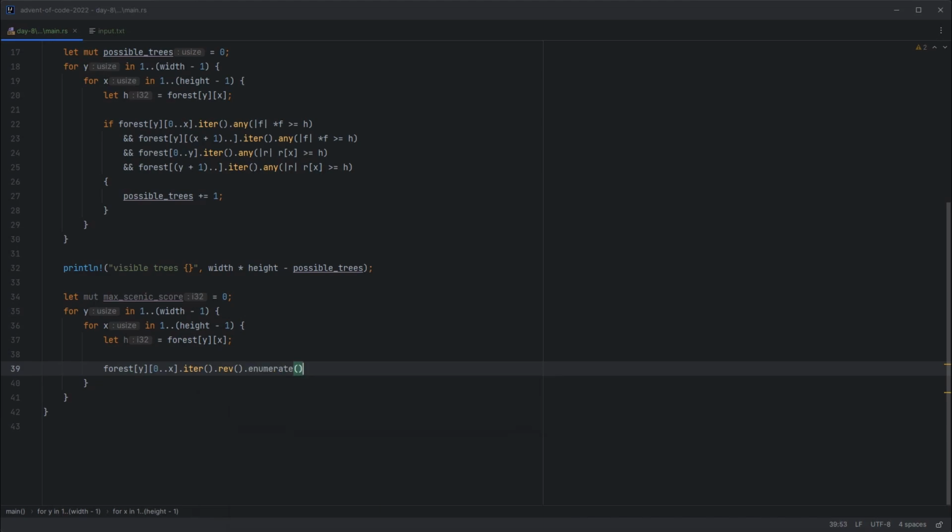So let's enumerate, and that will take our iterator and give us back a new one that has tuples, where the first element of the tuple is the index that it was into the iterator, and the second value is our height of the tree. Then we can find the first tree, throw away the position, grab the height, where the height is greater than or equal to our height. So searching left to right, or sorry, right to left, looking for a tree that's at least as tall as us. So if that succeeds,